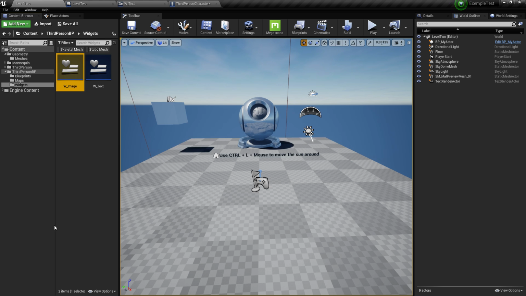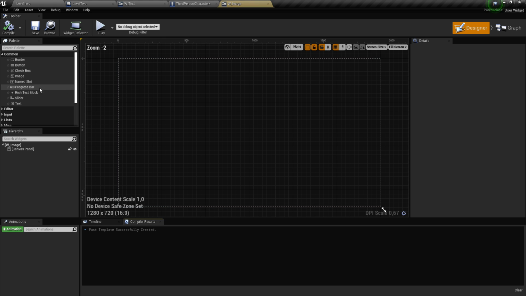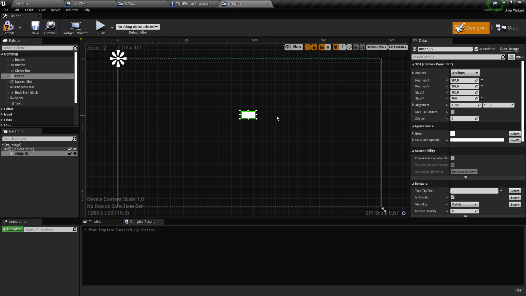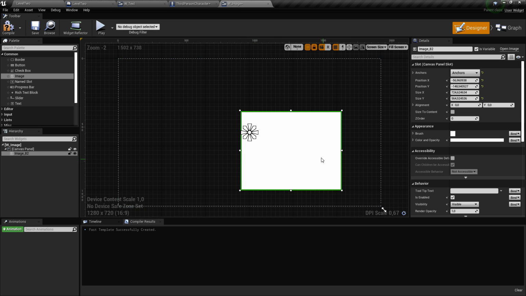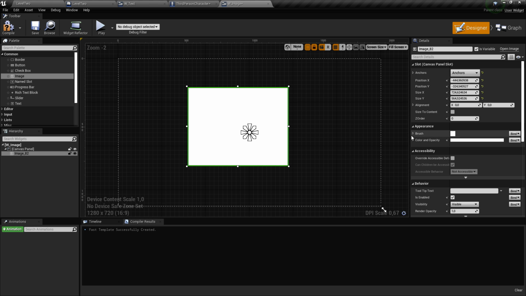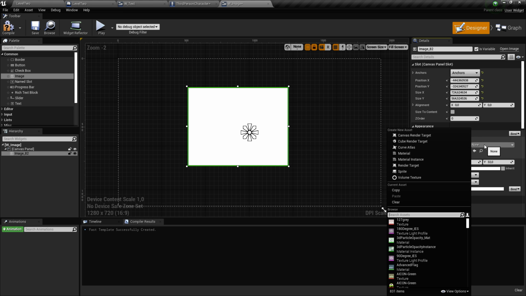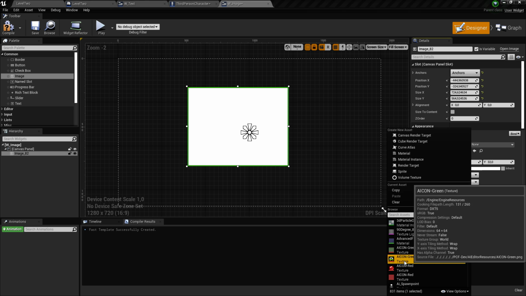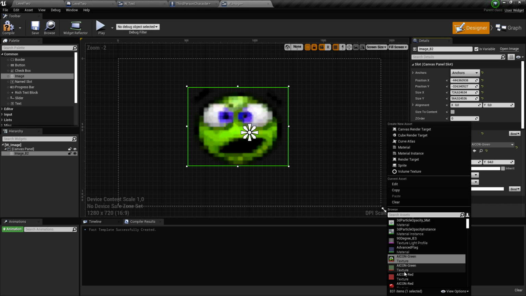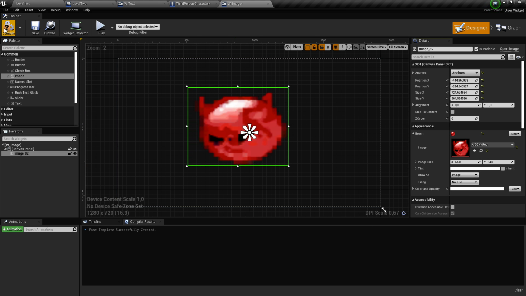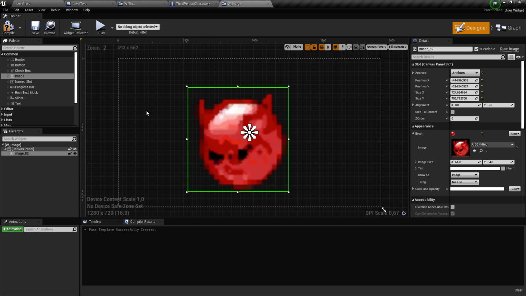If you want to display an image, just go here, select an image, size it, set the anchor of the mirror. You can size it. On the appearance details panel, I can select an image. I'm going to select this little, no, I prefer the green one, the red one, yes. The little devil. So compile, save.